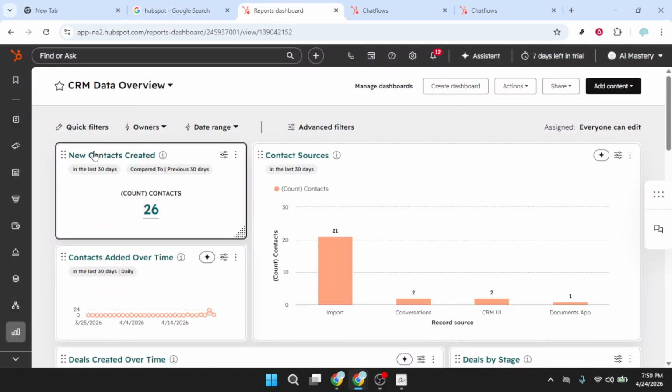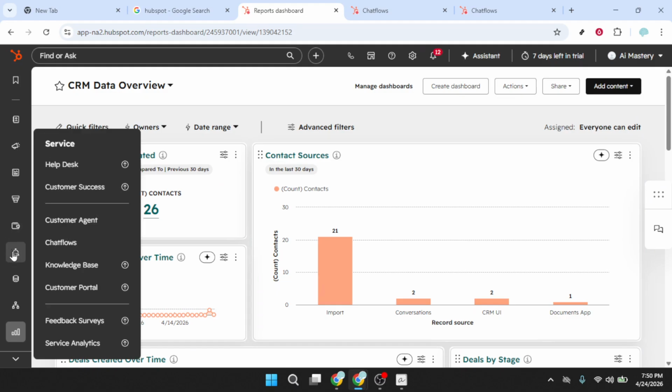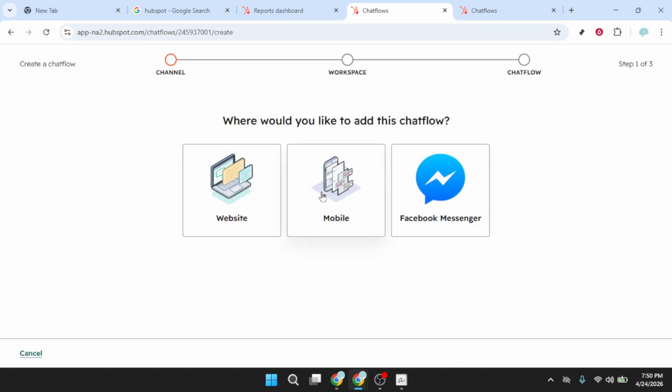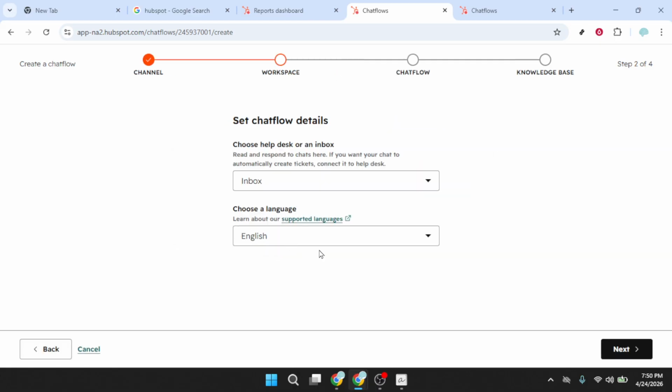live. Once you're in, hover over the left sidebar to reveal the main navigation and find the service section. Open it, then select Chat Flows. On the Chat Flows dashboard, choose Create Chat Flow. HubSpot will first ask where you'd like to add this chat flow. Pick the channel that matches your plan and needs, most commonly website, so the chat can appear on your site's